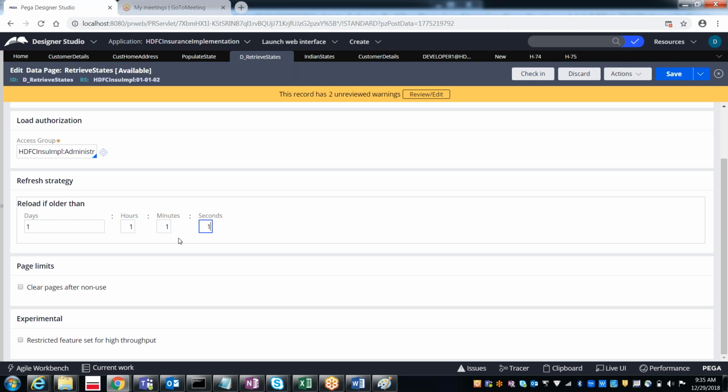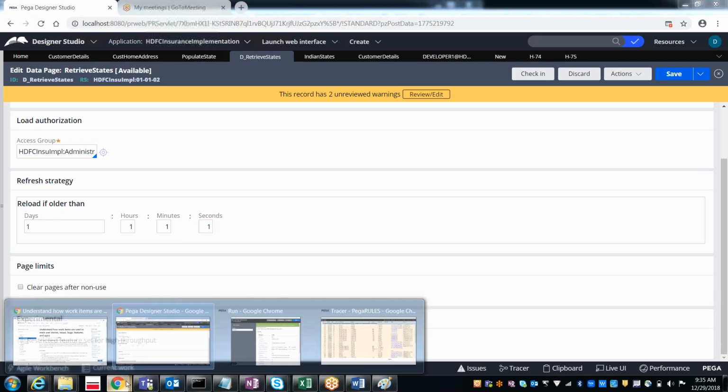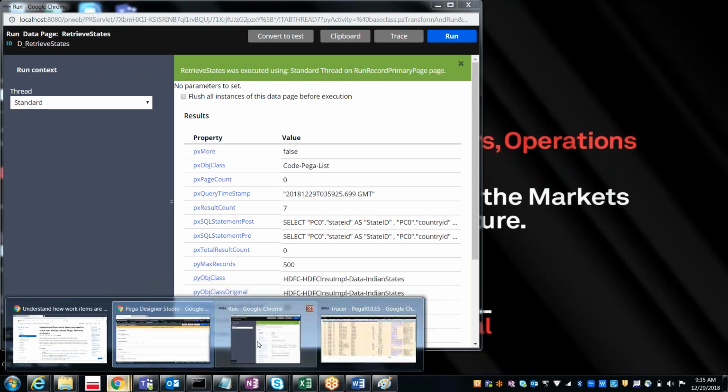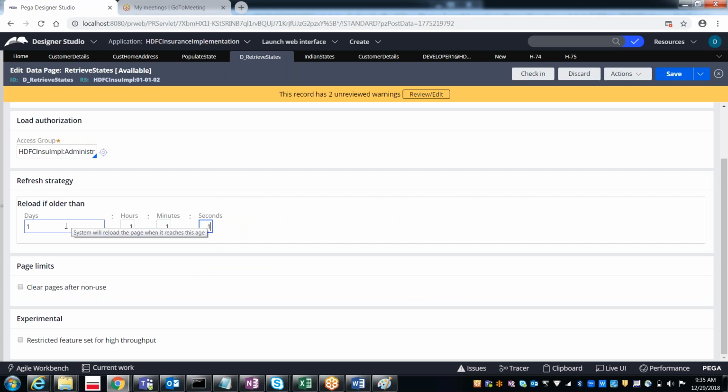That means once after loading the page into the clipboard, from the subsequent requests onwards, it will not call it again, it will be picking up. But if you give reload if older than 1 day, otherwise if you give 0 and 1 hour, then for every 1 hour it will remove the page from the clipboard and create it.